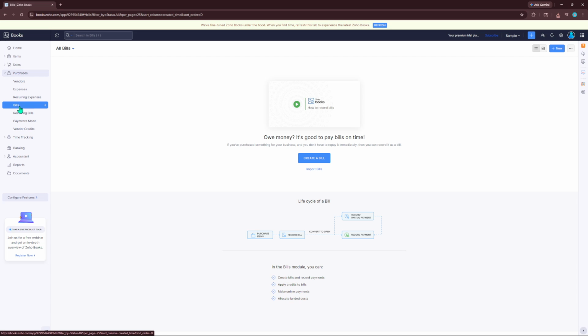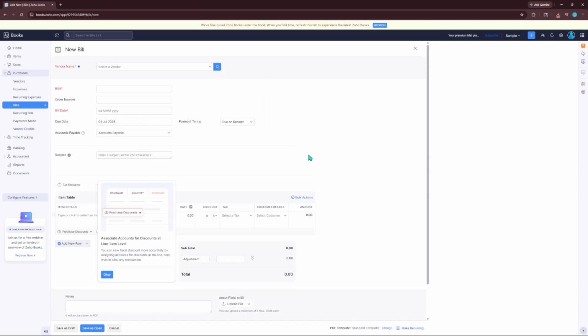You'll find yourself in a section that lists all the bills you've created or received. This is where you have the option to create a new bill or manage existing ones. Next, look for the option that says Create a Bill. Clicking this will take you to a new screen where you can enter all the necessary details for a new